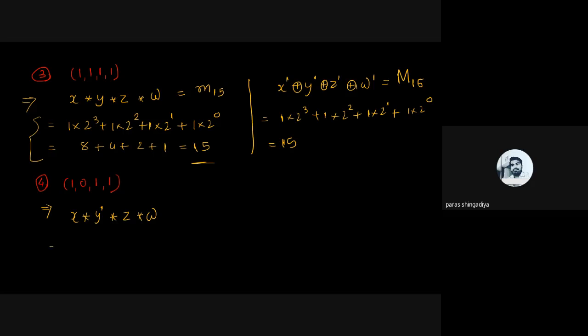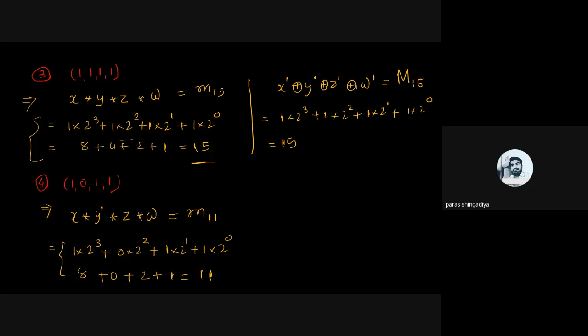And then after that check the suffix value, and that will be 1 into 2 raised to 3, plus 0 into 2 raised to 2 plus 1 into 2 raised to 1 and plus 1 into 2 raised to 0. Okay, so this 2 raised to 2 term will become 0 there, and the remaining values we can easily derive: 8 plus 0 plus 2 plus 1. So this is equal to 11. Therefore the answer of min term is